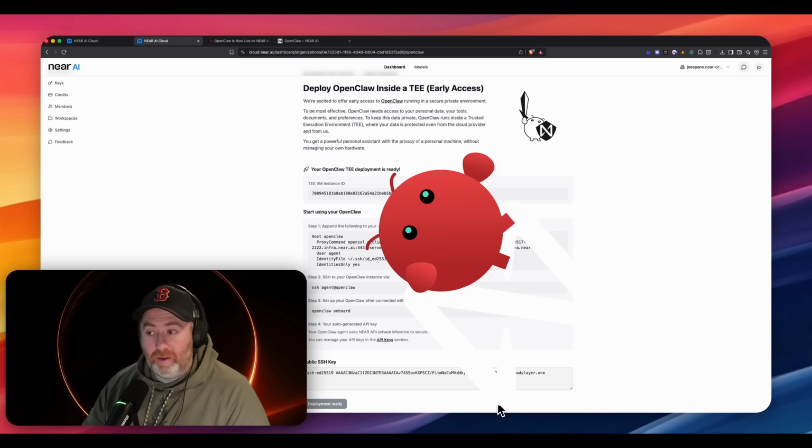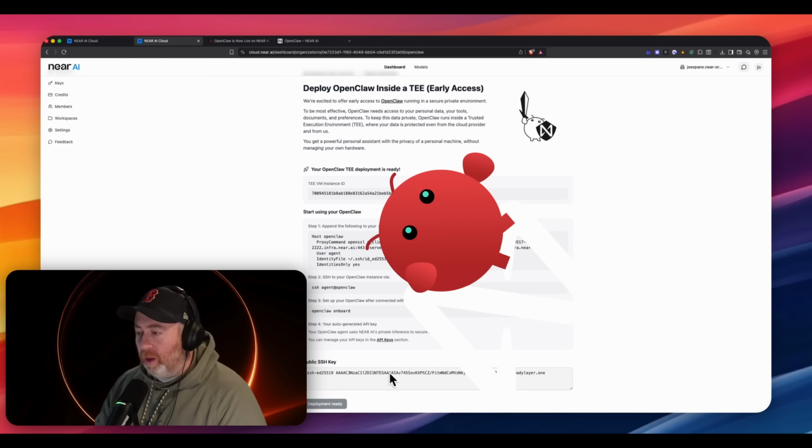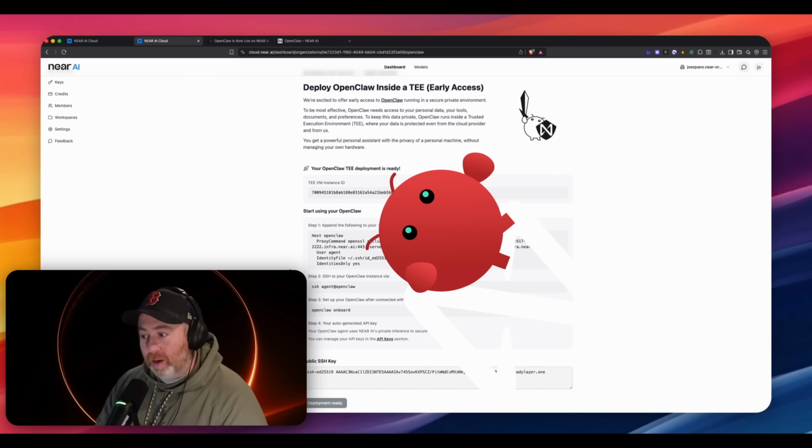All right, we're back. So it's been a little bit of time and my instance has now been set up and approved. So let's follow the final steps here and get up and running. And I'll show you how easy it really is. So once it's approved, you get your instance ID. You have to just update your SSH config, just so everything maps to that server, to make it really easy. And then we can go and log in to OpenClaw directly from this. And so that's where it looks like we're ready to go. So let's give it a try.